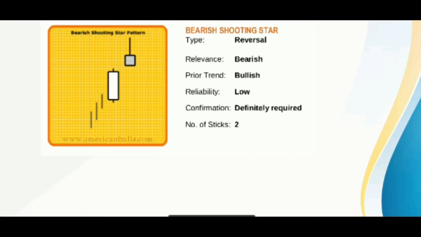And the important factor is that the bearish shooting star pattern is usually not a major reversal signal as is the evening star. The color of the real body is not important. An ideal shooting star has a real body which gaps away from the prior real body. Nonetheless, this gap is not always necessary. A confirmation on the third day is required to be sure that the uptrend has reversed. The confirmation may be in the form of a black candlestick, a large gap down, or a lower close on the next trading day.